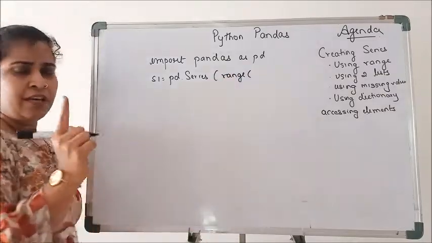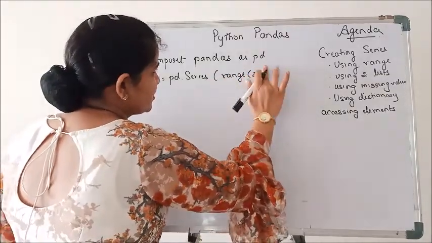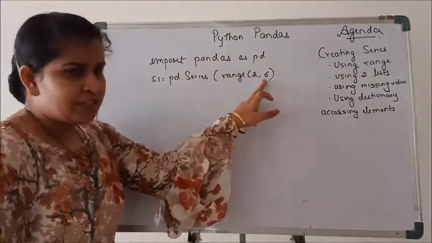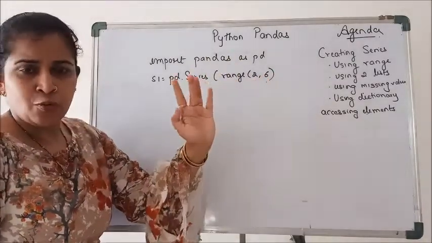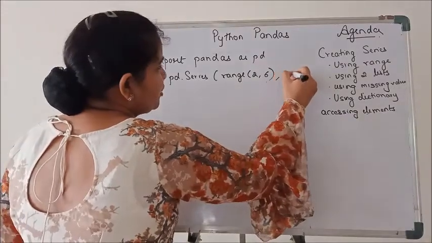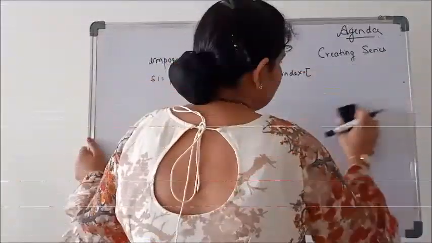In range, we give lower limit 2 and upper limit, suppose 6. The upper limit is exclusive, so it will return the numbers from 2 to 5: 2, 3, 4 and 5. If you want, you can specify index equal to,